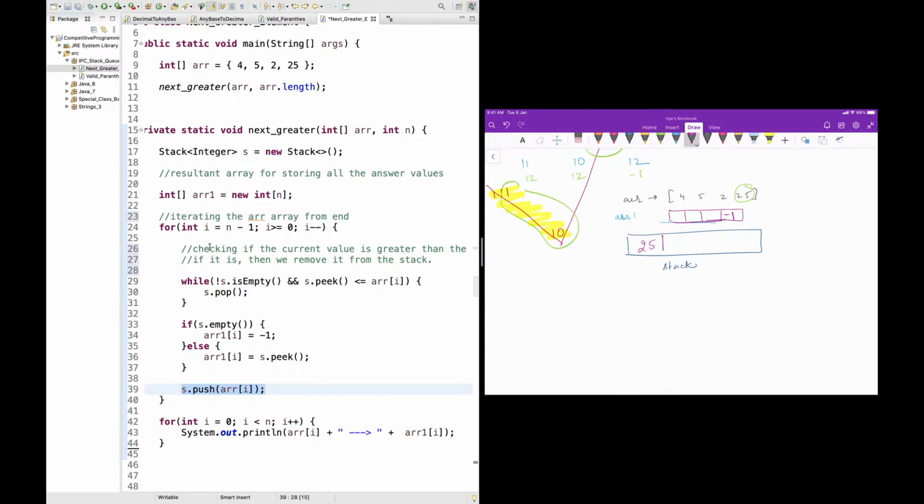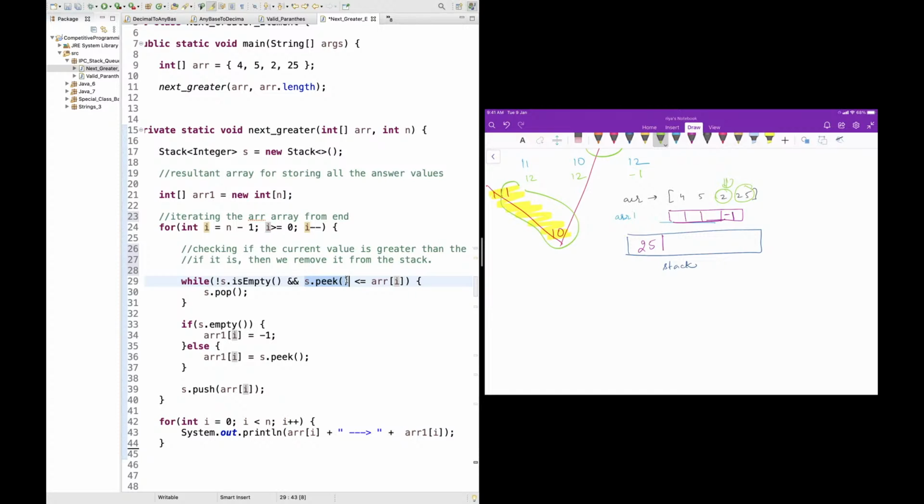ठीक है. The stack was empty, so we did not go into this while loop, है ना. Then we simply check if the stack is currently empty. The stack is currently empty, so we put a -1 in the final array, that is ARR1 array, and also we put the element to the stack. ठीक है. अब आप फिर से आ गए line number 24 पे. Now you saw here that you took the second last element, which is going to be 2. तो हमने 2 को पिक किया, और अब stack तो empty नहीं थी, है ना.